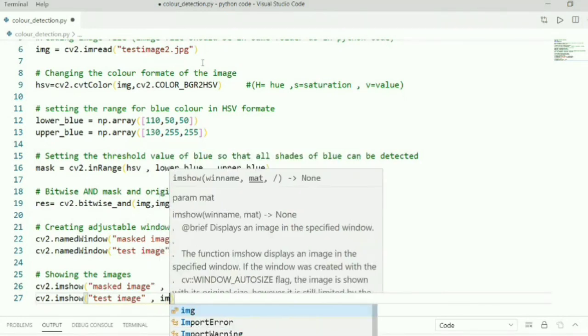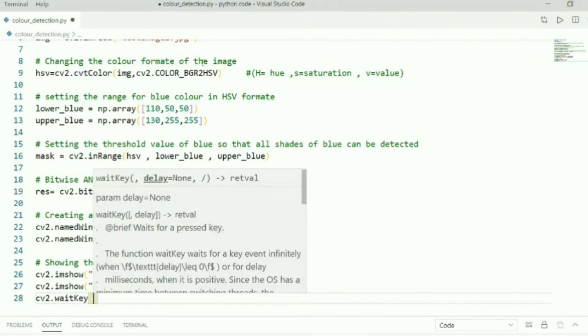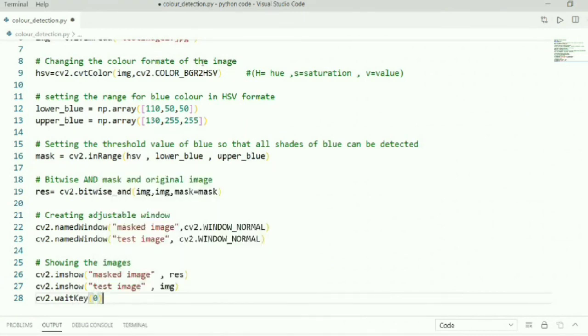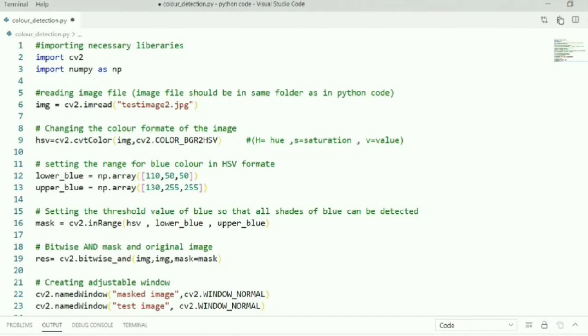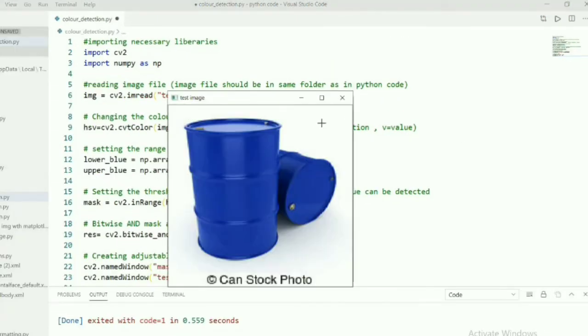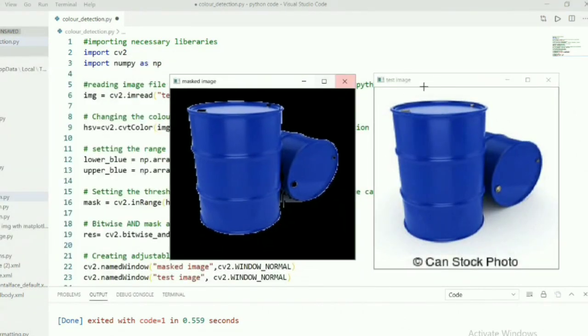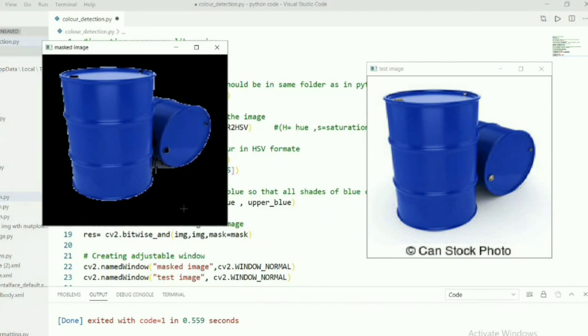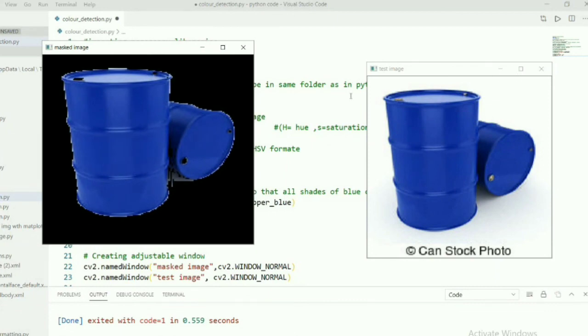Then we write cv2.imshow test image, comma, img. The text in inverted commas, shown in red, will be the name of the window. After writing the whole code, if you run the program, you will find output similar to this, where this is our main image as test image and this is our masked image on a black background. This is the suitable output.